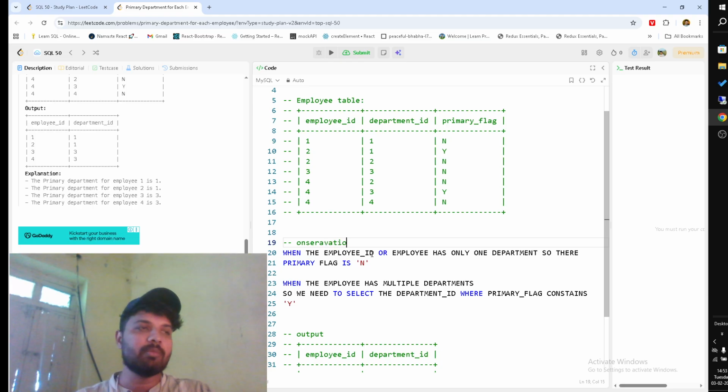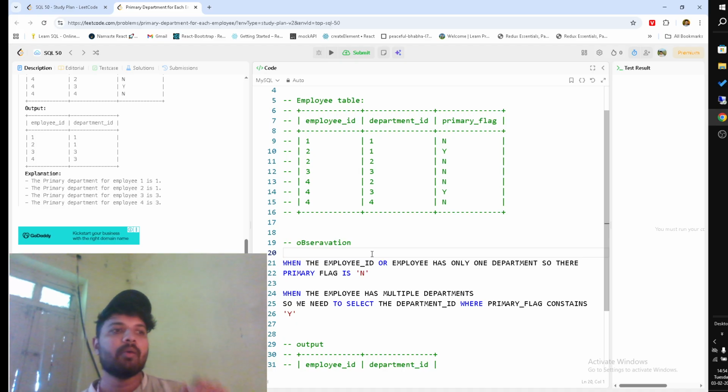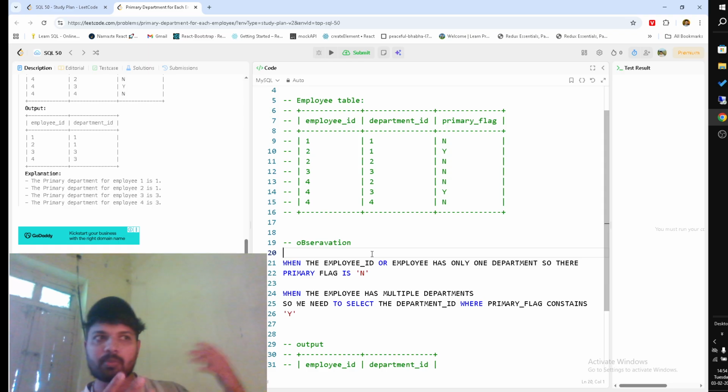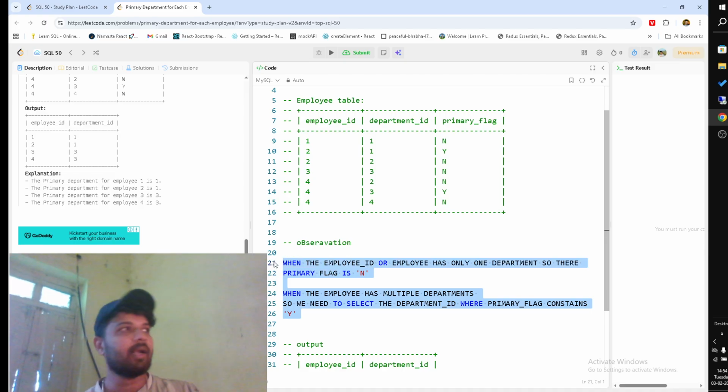Observation, that is the observation. That is the observation I can get when I look at the table and understand why this is the process. And also, this is the observation I can say. And also one thing is that